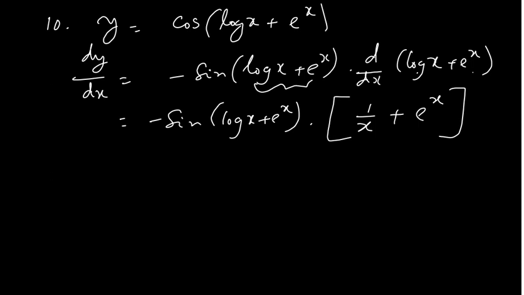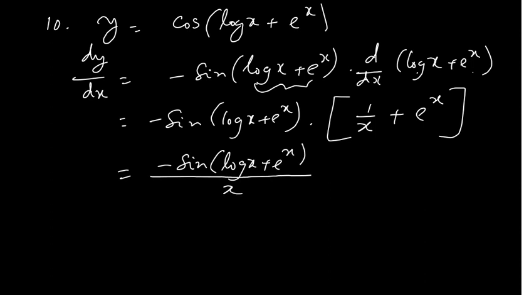Okay, so you may want to simplify or you can leave it like that also. You'll have minus sine of log x plus e power x divided by, this x will come here, into 1 plus x e power x. Actually both are same. We don't know whether it is simplified or complicated. We made it complicated, but both are almost same. So